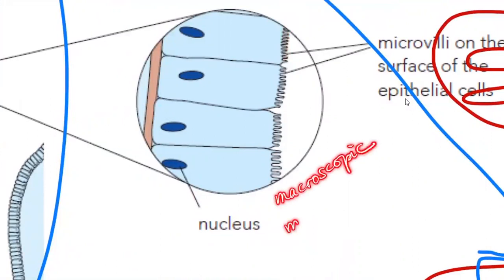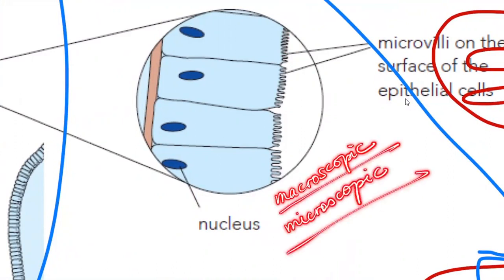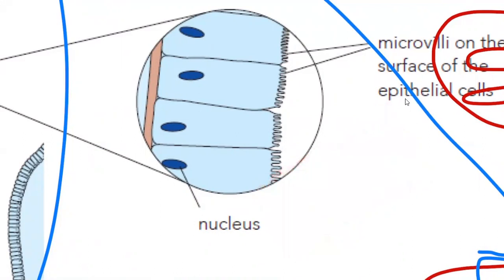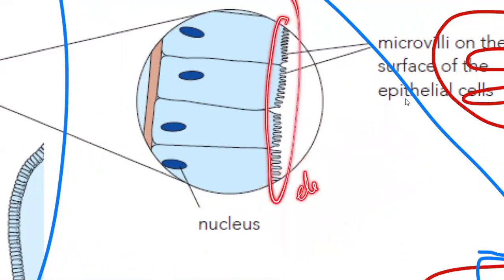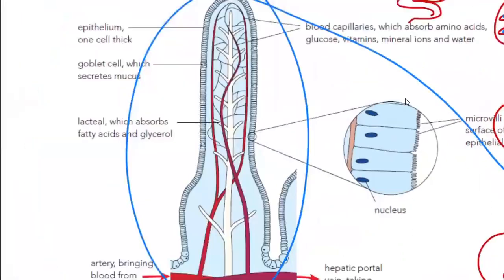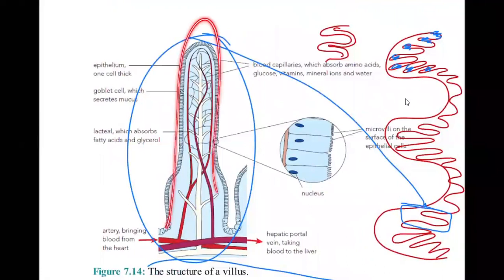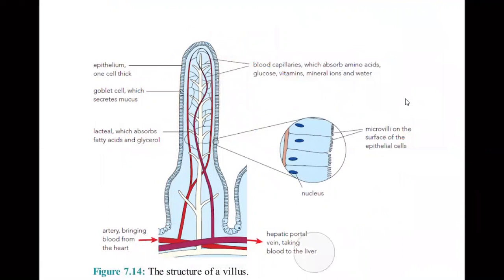Exactly. And you can also say that a villus is a very interesting structure which has folds which are macroscopic and folds which are microscopic, which means those folds which you can see with your eyes and those folds for which you need a microscope. In fact, these folds can only be seen with an electron microscope, not even with the light microscope. With the light microscope, maybe you can see this fold only. So whenever you have such a structure inside your body, we use a term for this, and we say